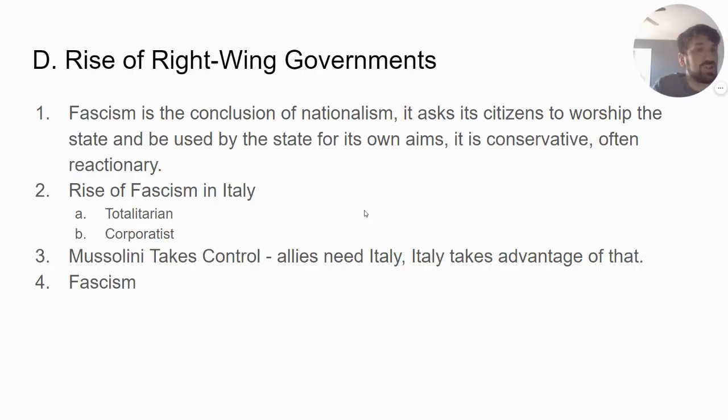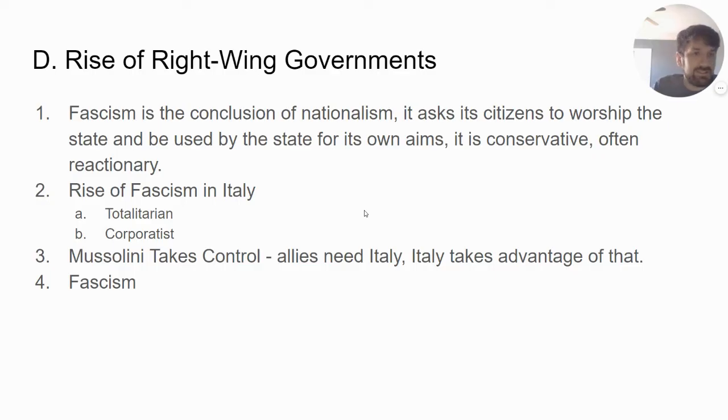Historically, fascism is conservative, which means that it appeals to how things have been, and is also often fearful of progress, that stuff can be disruptive. The term is also known as reactionary. So reactionary would be that